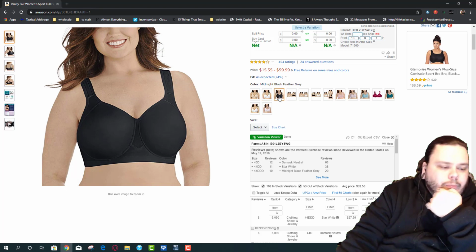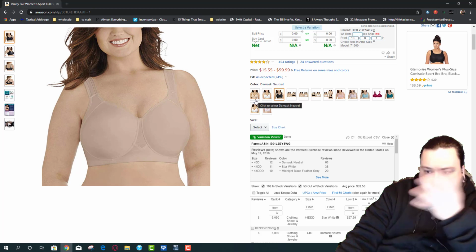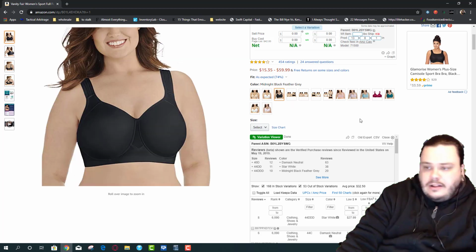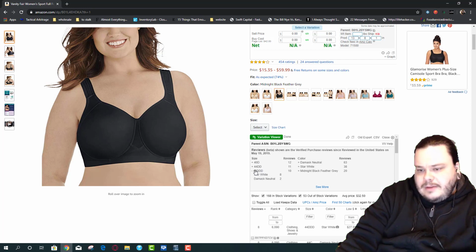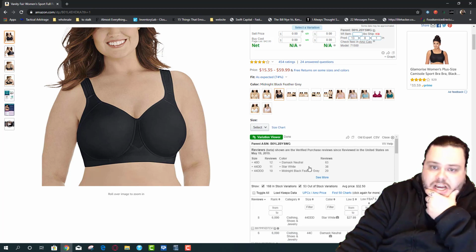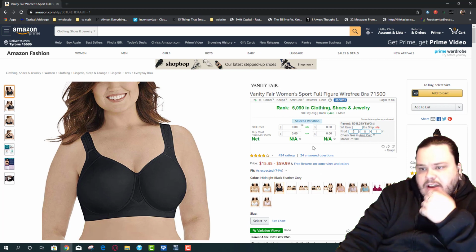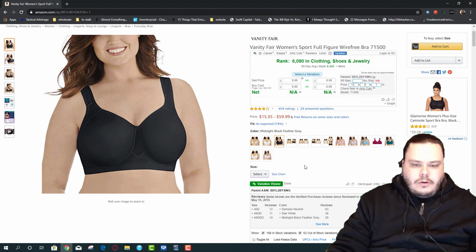What do you know? Whenever I say, hey, the most common bra size, black, white, or natural, boom. What do you know? I actually know what the hell I'm talking about. 40D, 44 double D, 44 triple D. Okay, so these are all just variations of the same kind of thing, or just a larger size. I guess because this is like a full coverage bra, it might be more for a more buxom woman.